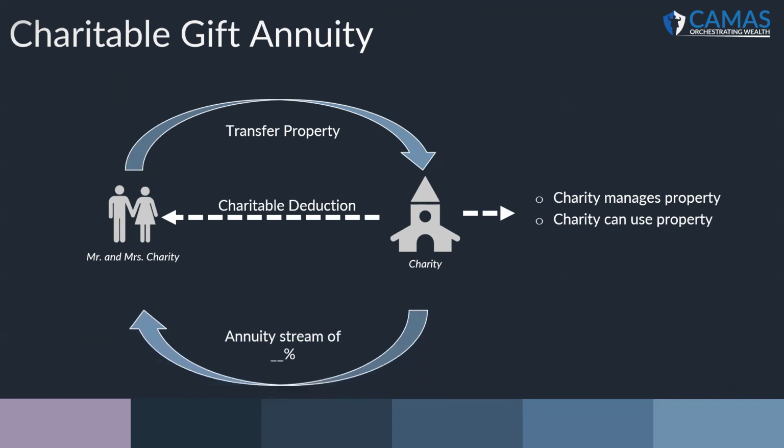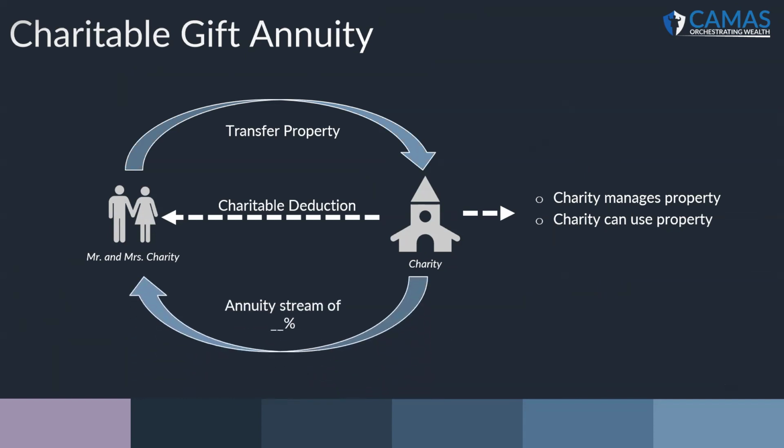But now there's the charitable giving plus. What's the plus? The plus is now our clients can get an annuity stream back from the charity every year. That can be for their lifetime, or for joint lifetimes. They can transfer that benefit to their kids, to their friends, whoever they want that benefit to go to. But now the charity, for that set period of time, is going to pay out a percentage of that gift